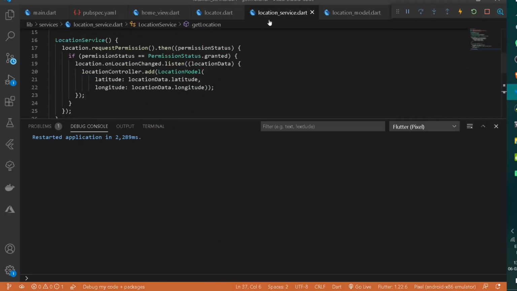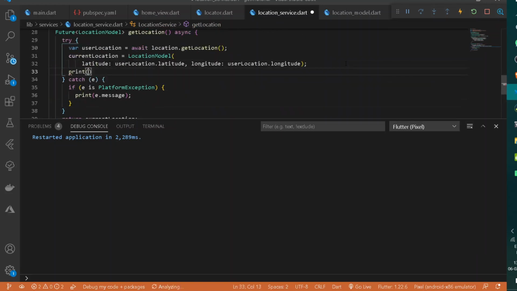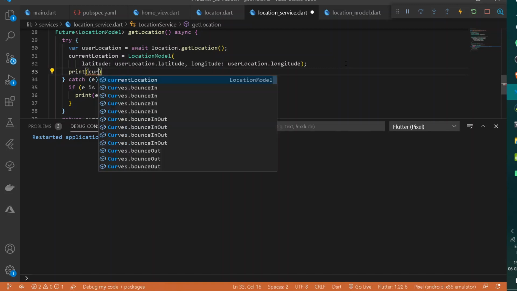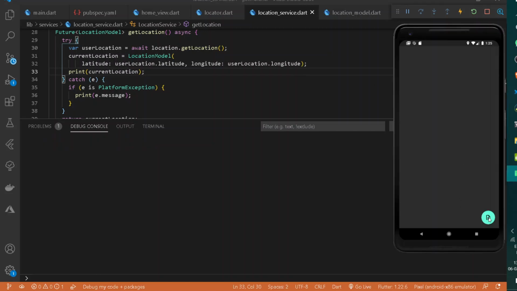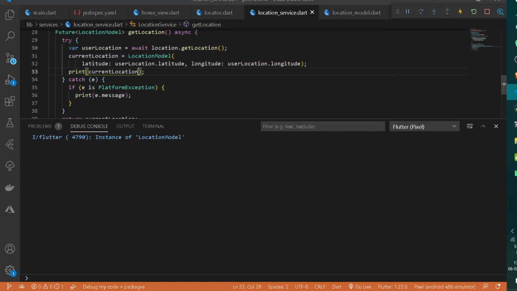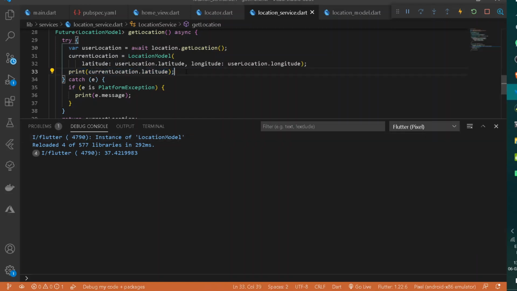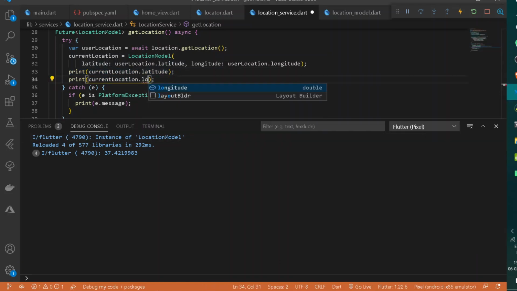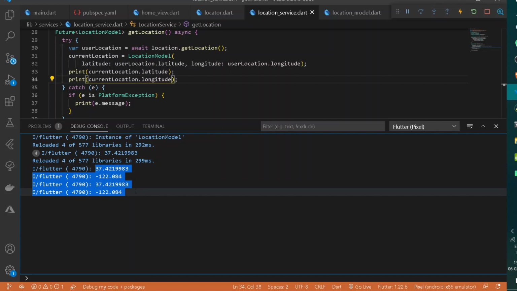But before trying it out, let's go under LocationService under our method, and here I shall simply print my current location. So here I can simply say print current location, easy thing. Now let's try it out. So after pressing this, we are getting an instance of our location model, but you don't need this, so let's have latitude. And now let's press this. Cool, so we are getting our latitude. Now the value of latitude shall be the same because the emulator is just at a still place. But after having this print statement, I can add one more statement here for longitude. And now let's test it out. Now here you may see we are getting our latitude and longitude as well.